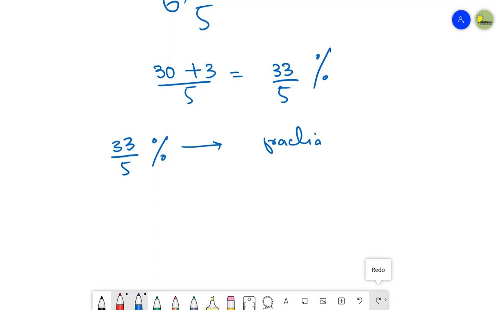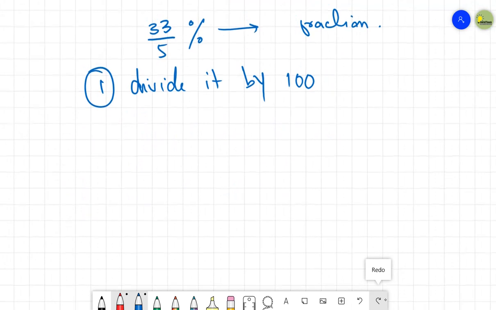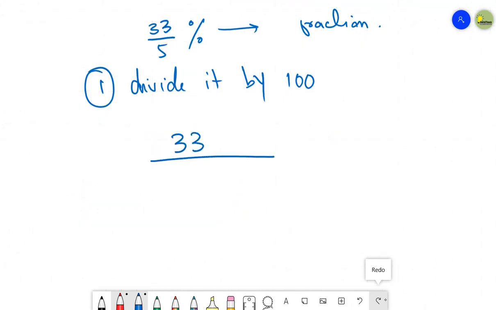So keep in mind what you have to do after converting it into a proper fraction, the step is going to be same. Divide by 100. But keep in mind that here in the denominator you have 5, right? So if you want to add 100 in the denominator, you need to multiply it with 5. Why? Because we have already a number that is present in the denominator. So if I want to divide the number by 100, I have to write it in multiplication with the given number present in the denominator already.